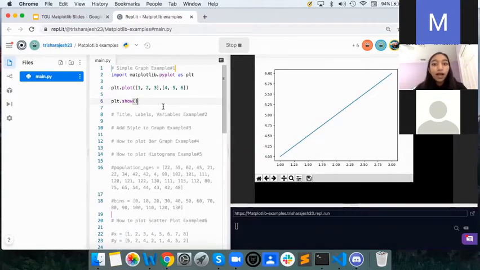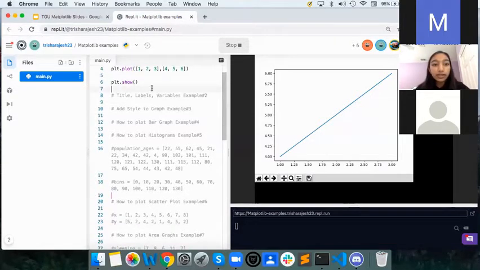So another thing is that usually when we're inputting the data, we don't input the numbers, we usually input them as variables. So we usually assign the list to variables instead, and we put the data into this. So I'll be showing that in